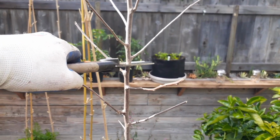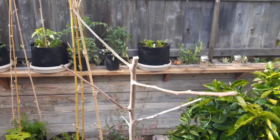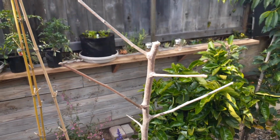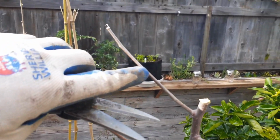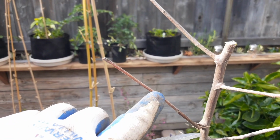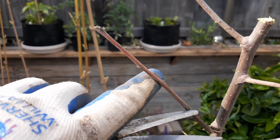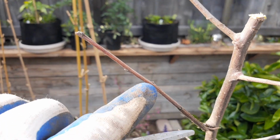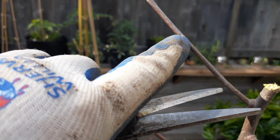Okay. All right, there we go. So now what will happen is you'll start seeing new growth coming out of all these spots. Wherever there's a little, you can see where my finger's pointing. Right there, you can already see there's kind of